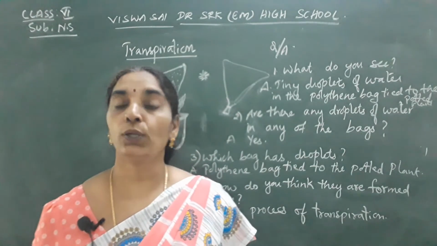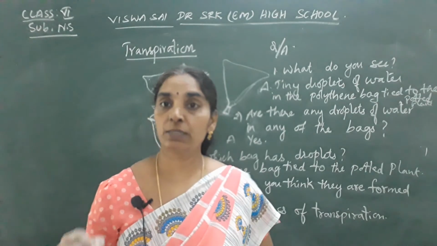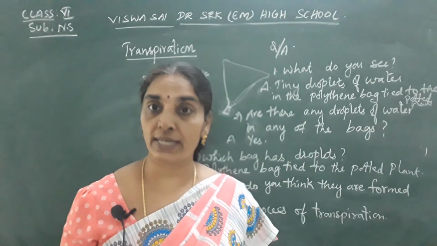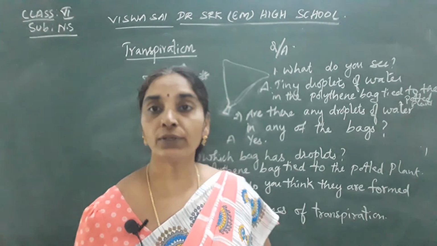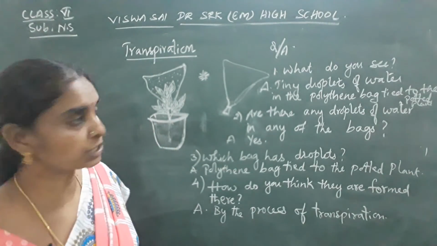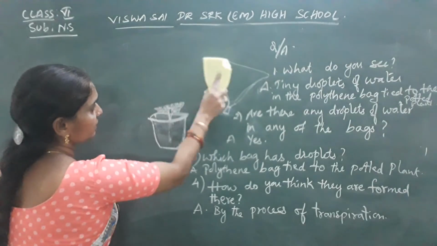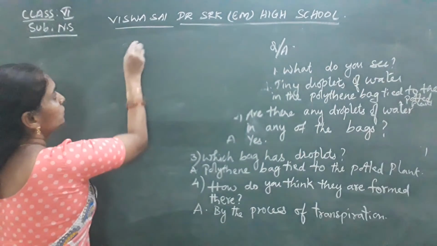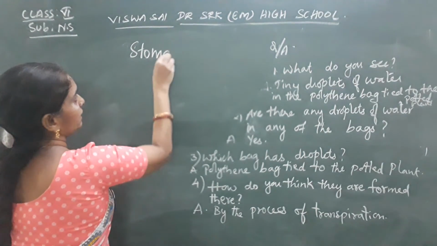You have to draw the diagram of stomata and explain the stomata also. What are the guard cells? So where is the stomatal pore? Everything you have to explain. I told you, isn't it, children? Stomata. Structure of the stomata. Once again I will draw for you and show you so that we can understand clearly.